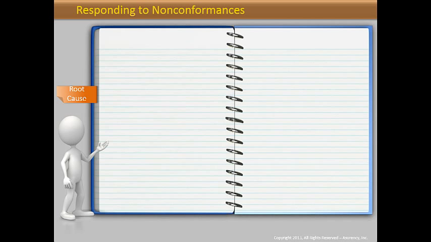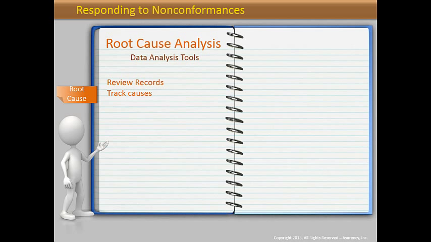Another approach to uncover the root cause might be to use more formal data analysis tools. One of the more simple tools to use is the Pareto analysis. In this case, you would gather data on the reasons that the issue occurred. Going back to the previous example, when the review of all the records was conducted to address the correction, the management tracked the cause of each instance that the record was not complete, and the following data was gathered and